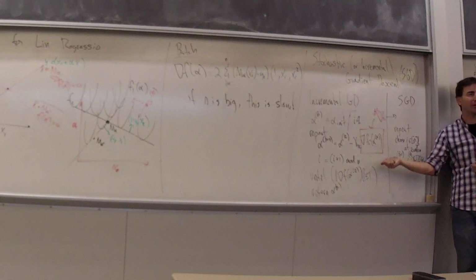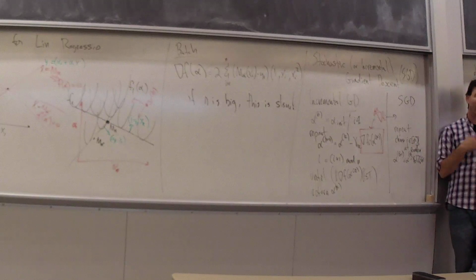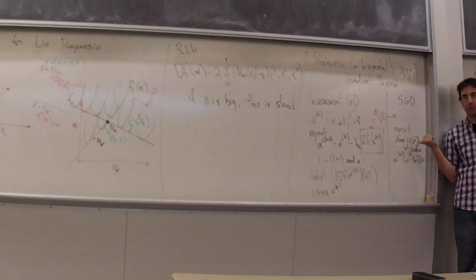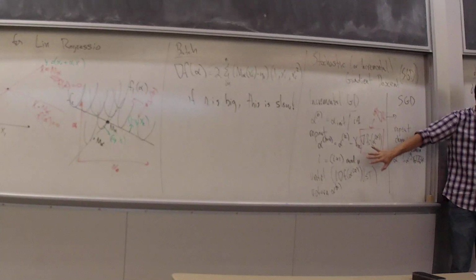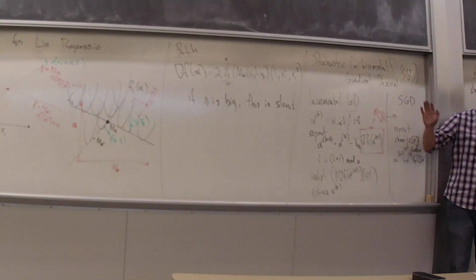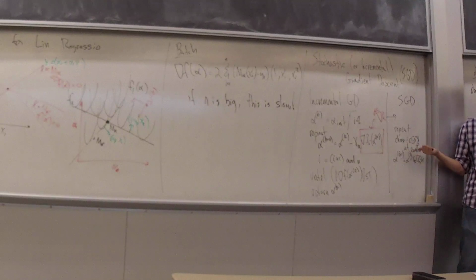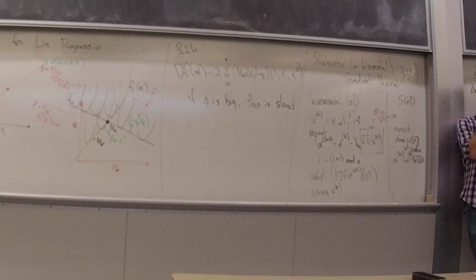This one doesn't use anything twice. This one might use something twice. So, typically people will analyze stochastic gradient descent, and they may call this stochastic gradient descent, even though technically it's incremental gradient descent. But this one, you can prove stuff about it in that if your step sizes are not too big,